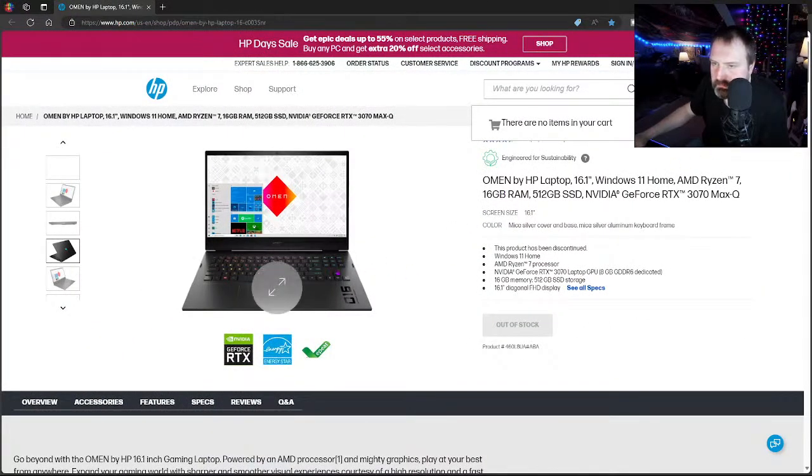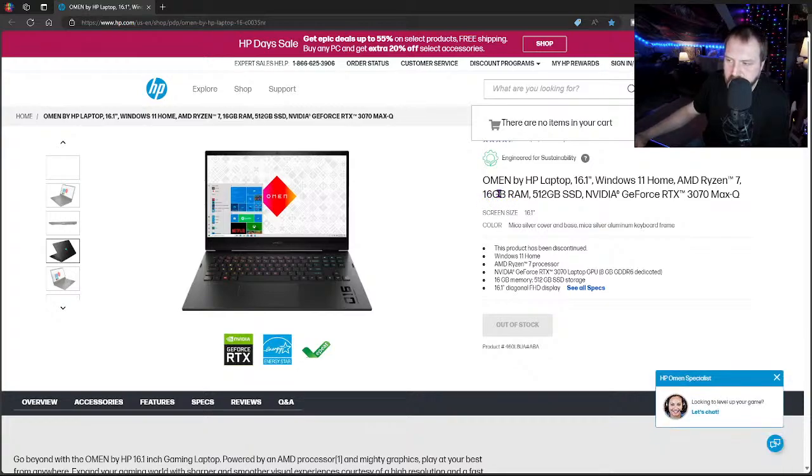As you can see, it's an Omen 16, Windows 11, AMD Ryzen 7, 16 gigabytes of RAM, which I actually upgraded to 32, and this has a 512 gigabyte SSD, but I also added a 1 terabyte, so it has this plus a terabyte. Other than that, it's the same.